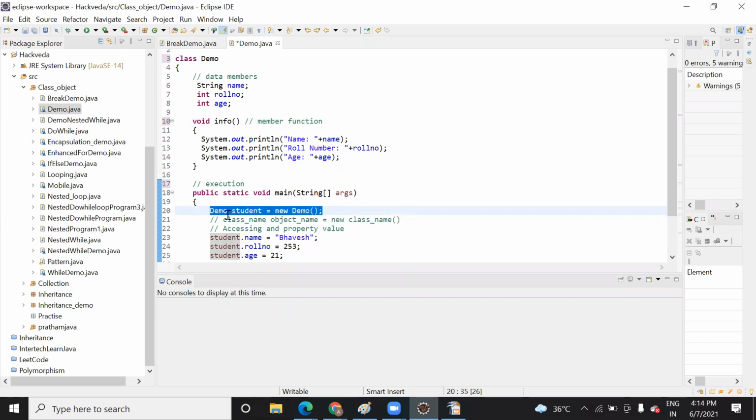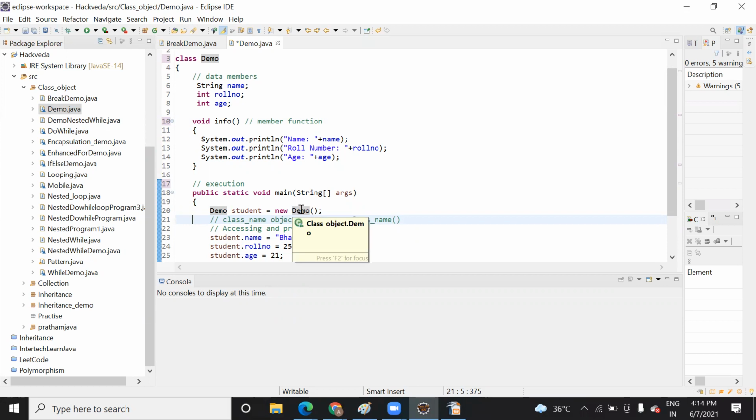What is the syntax? Wherever the main method is present, there we create the object with both left and right side being the same class, right? In the last class, where I was explaining abstraction, I told you whichever class is implementing the method or providing a body to that method, we pass that name of the class here. But in a single class you are going to pass the same name.